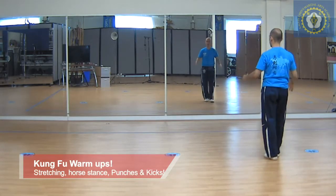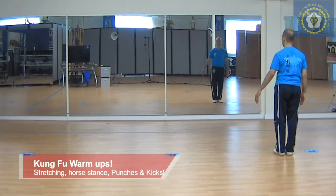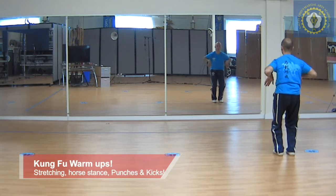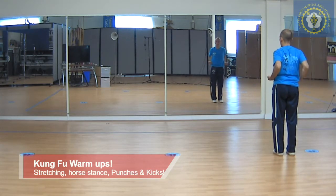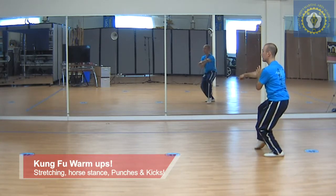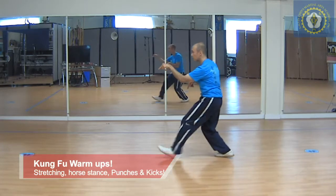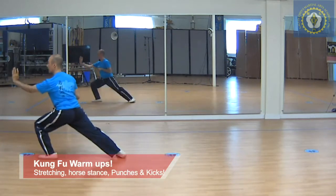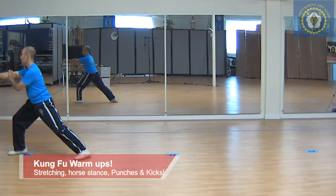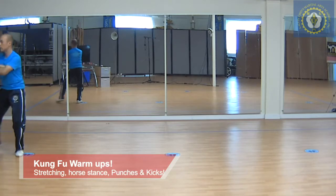All right. So, start over here, shoulder width. Okay. 1, 2, 3, up. 1, 2, step. 1, 2, 3, lean forward, thrust, step through, punch, cross step, remove, elbow,